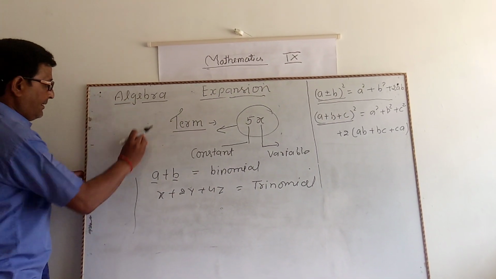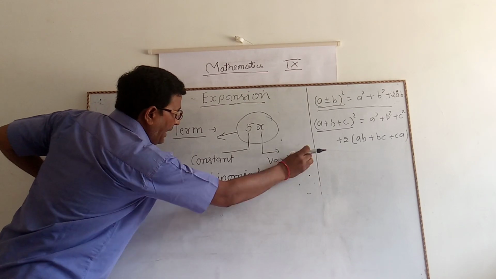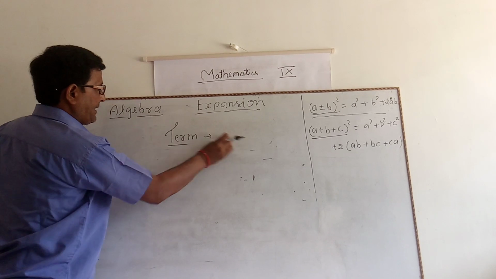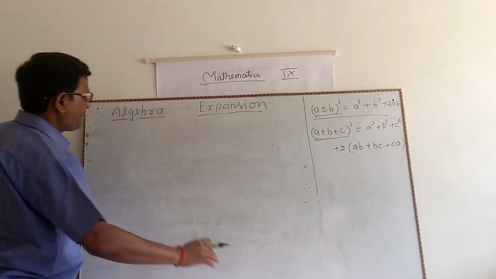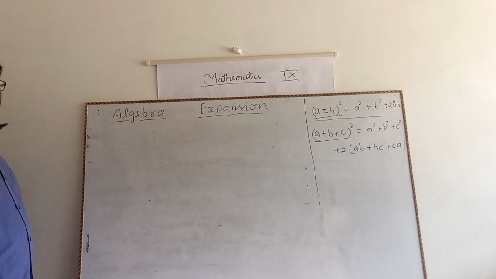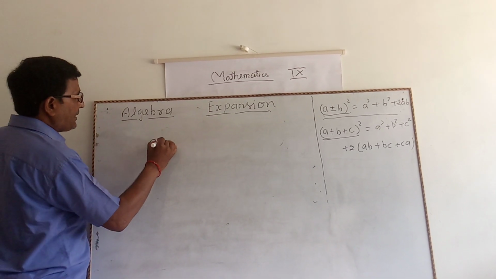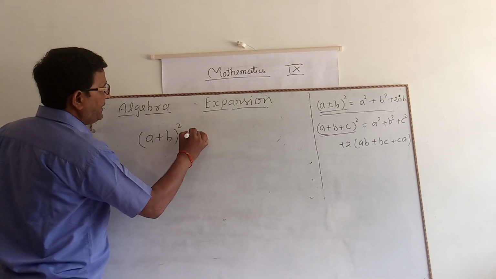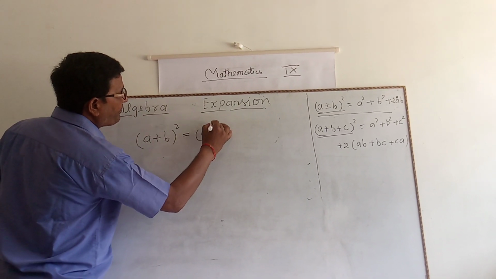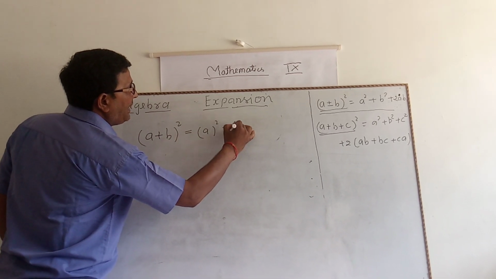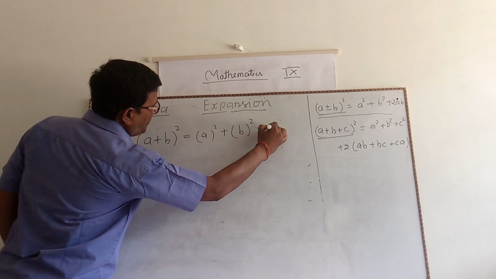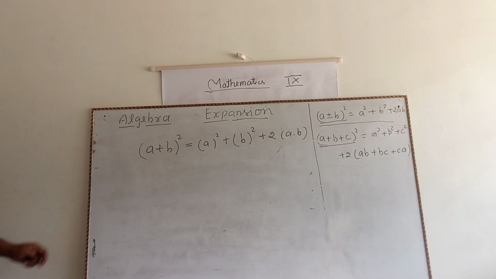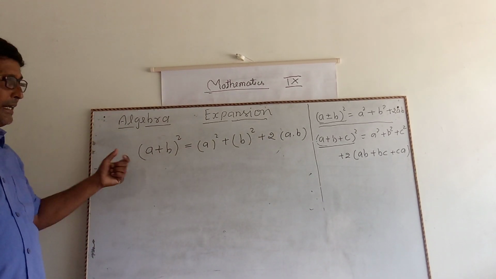Now see that, this identity you have already studied in 8th class, 6th and 7th class also. In 9th class it is given totally. Suppose I am going to explain one identity, a plus b whole square. It means the square of the first term plus the square of the second term plus 2 into first term into second term. How can you get this result of this identity?